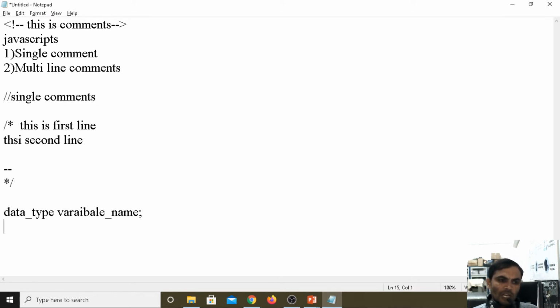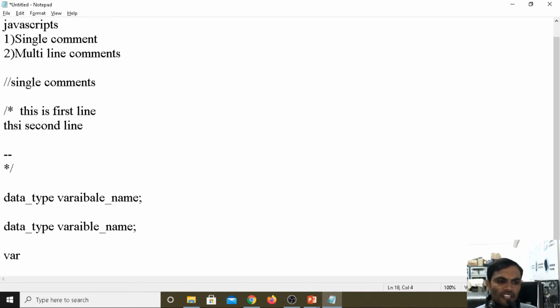Coming to JavaScript, the same syntax is there: we have the data type, then the variable name. Here, in place of the data type, we take var.